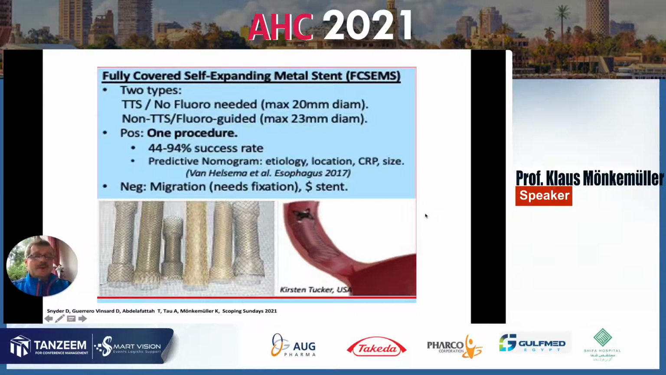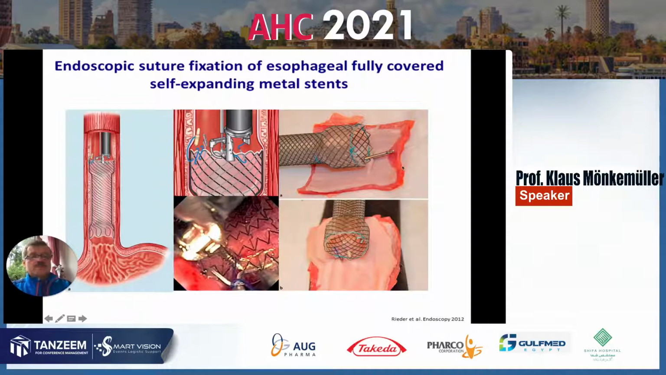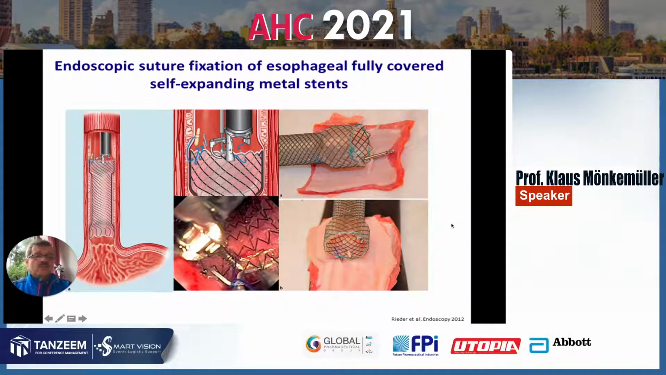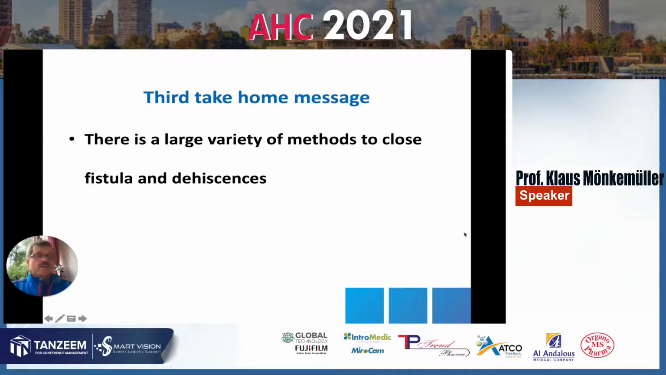The stents can migrate, but you can attach them using, for example, over the scope clips, traditional clips, or endostitching devices. You can also use multi-clipping to close defects as shown from this example. So the third take-home message is that there is a large variety of methods to close fistula and adhesions in